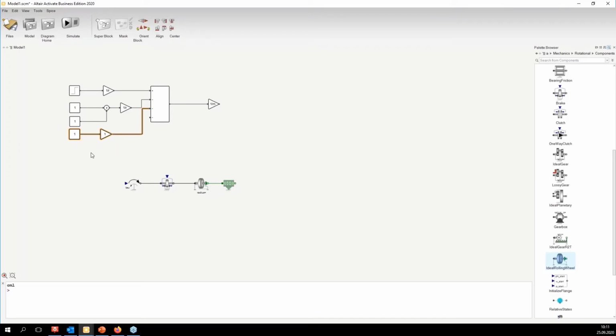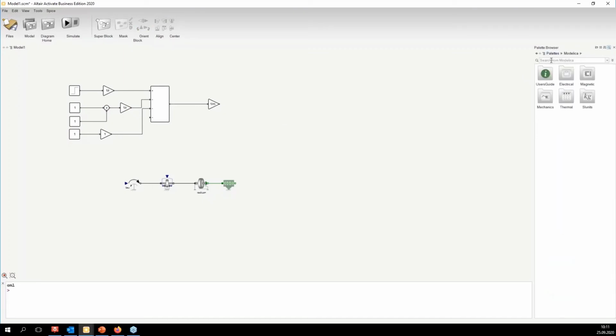So 4 forces: 1, 2, 3, and one more will be depending on the actual speed. We have a differential equation of second order. That means the first integration